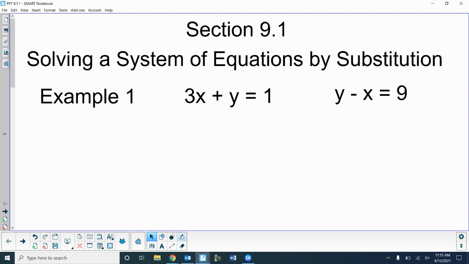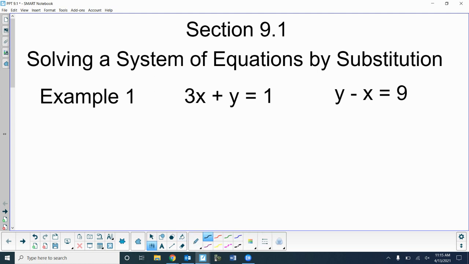Okay, so you got three choices in this one. You got this first y, or either x or y in the other one. All right, the system of equations has two equations with two variables. That's what we're going to work on this week. Okay, so I would probably get